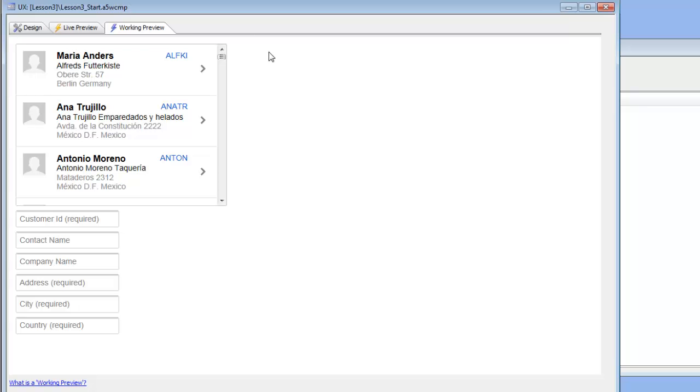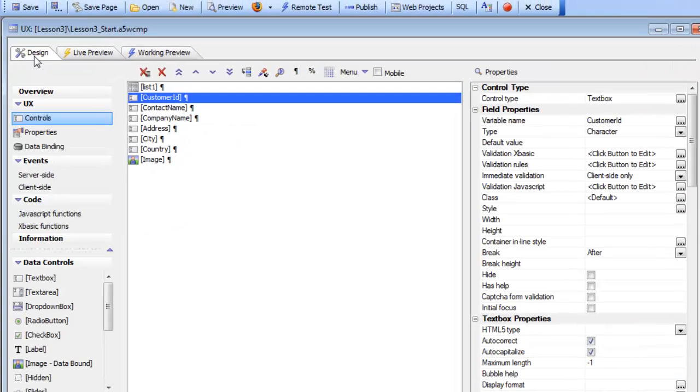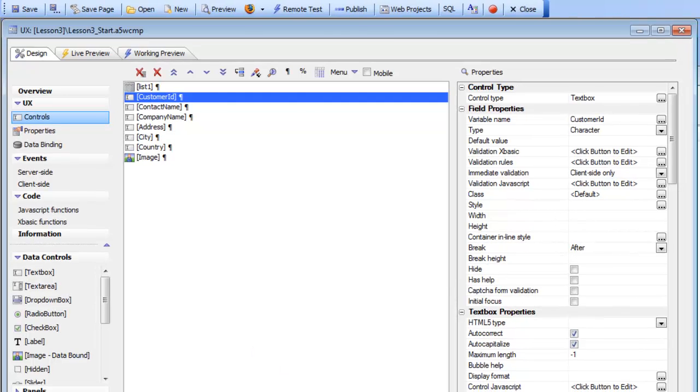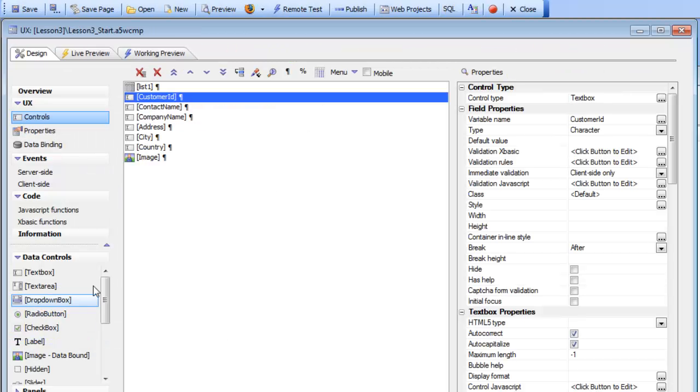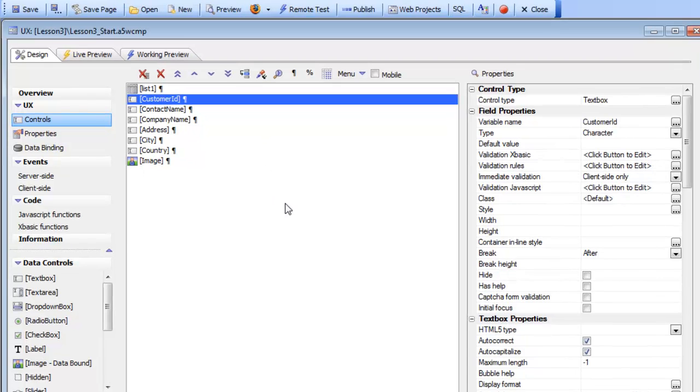So the first thing that we're going to do is go back to design mode here if you have the component already open. If you don't have the component open, please go to the web control panel, go to lesson 3 and open up lesson 3 underbar start, which you can use as your starting point. So here we are basically back in the component, and we have the component open now in the editor,